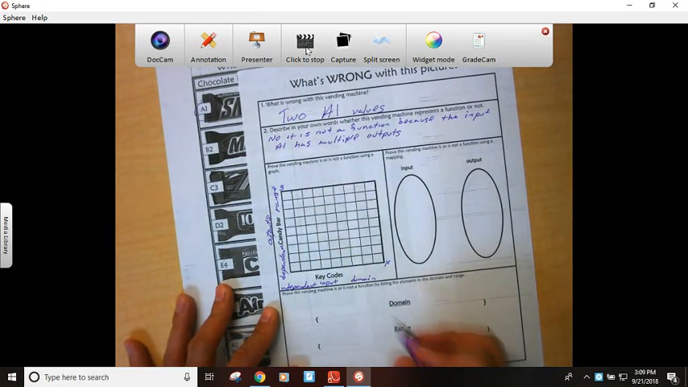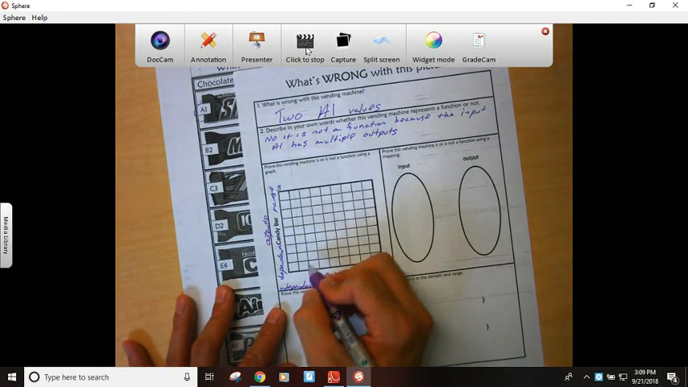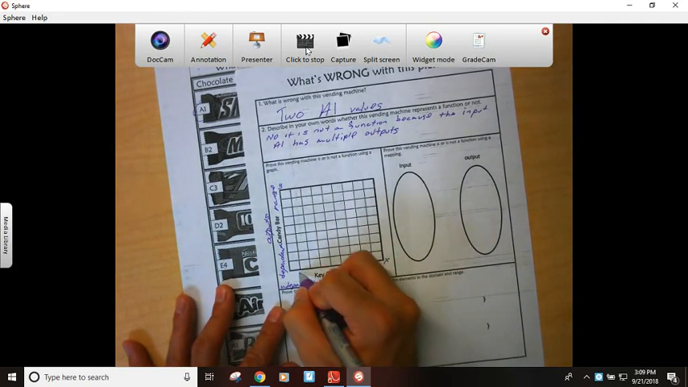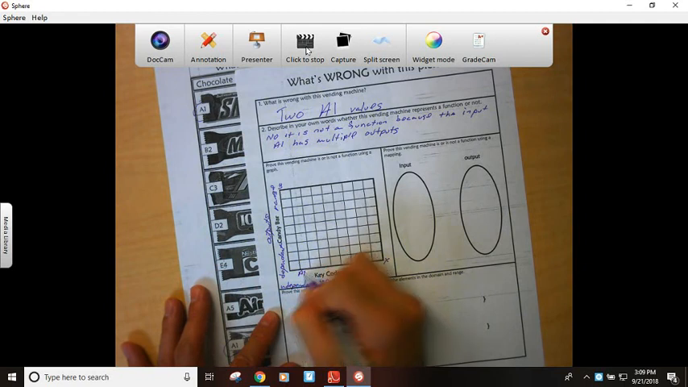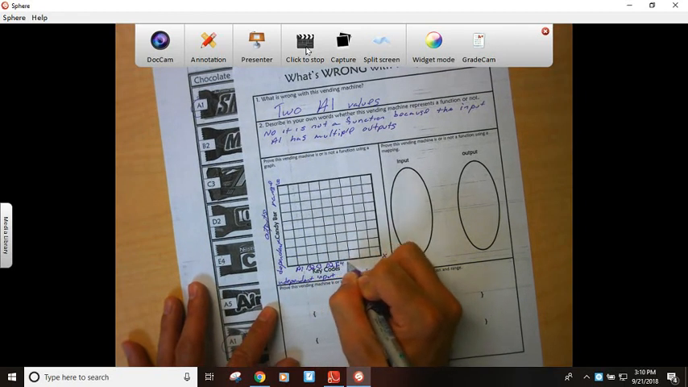All right, so we're going to go ahead and label our key codes. So we're going to label A1, B2, C3, D2, E4, A5,